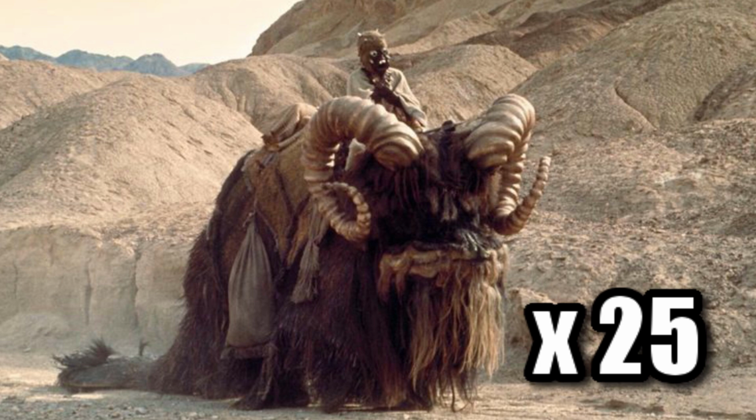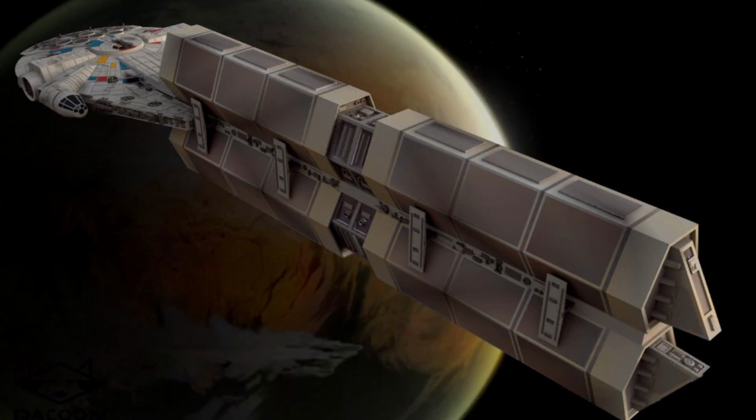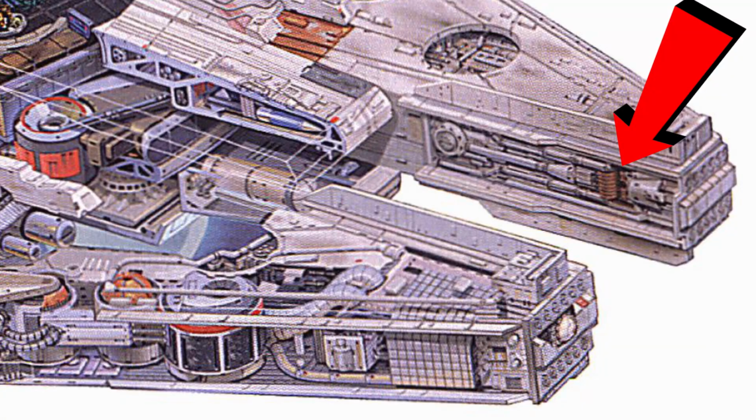But this only seems to be referring to the internal cargo capacity, as the front prongs of this ship were designed to carry enormous shipping containers. And it was these larger shipments between orbital shipyards for which the YT-1300 was most used. But let's go ahead and take a look inside of this ship to see where everything was and how it all worked. Starting up at those prongs, we see the freight loading arm, which helped move the cargo into position,